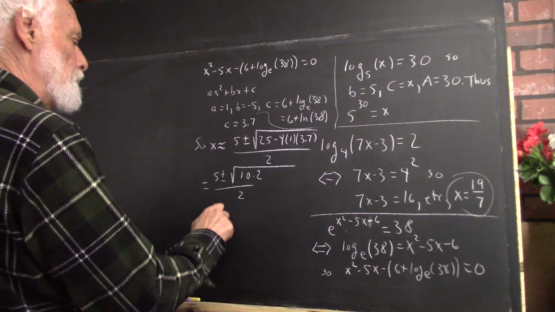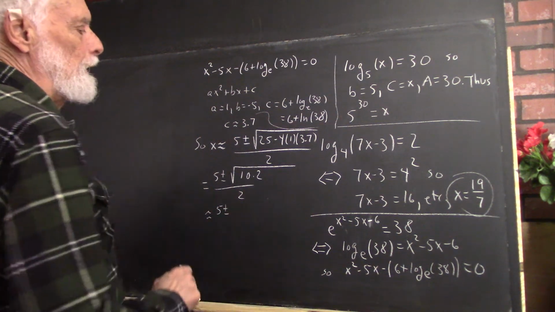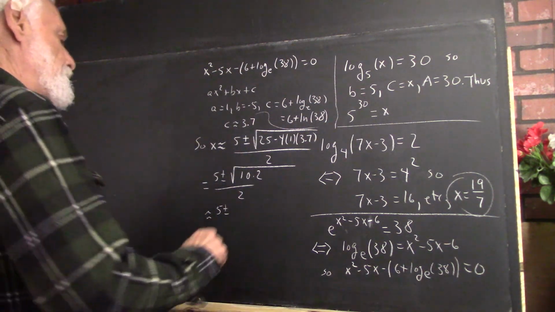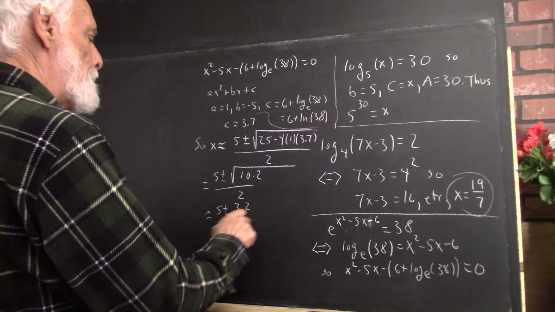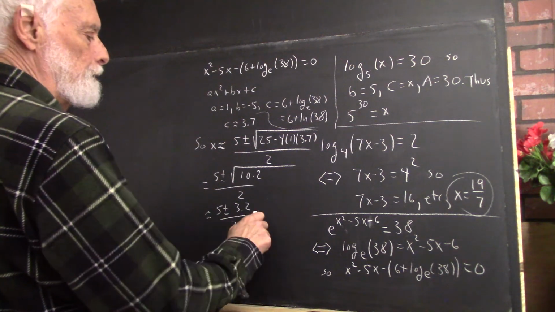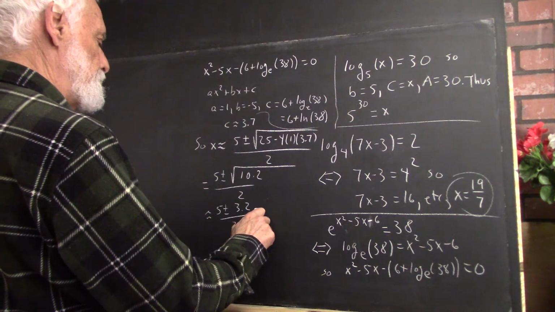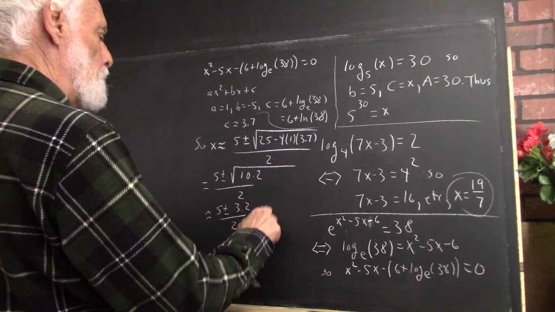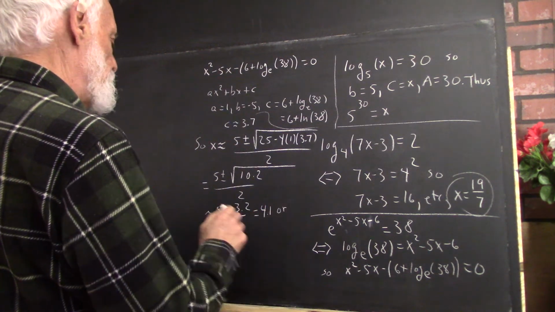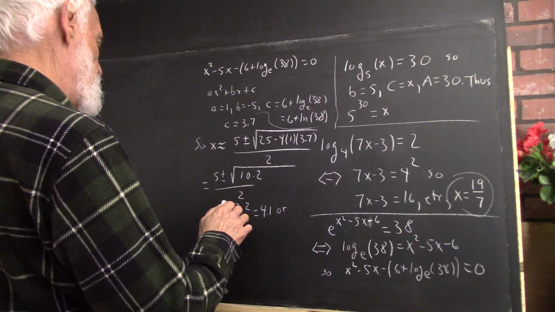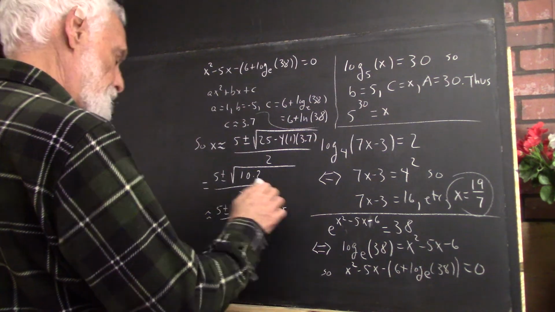And that's approximately equal to 5 plus or minus 3.2 over 2. And that's like 4.1 or, make sure it's 1.8,